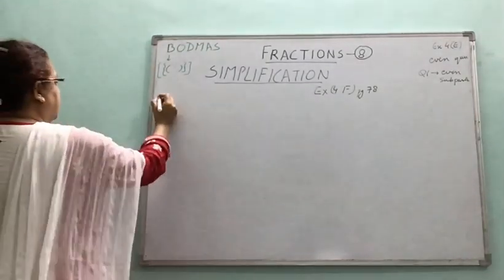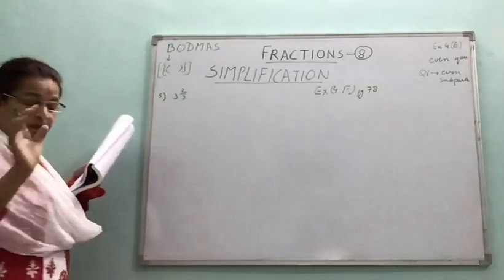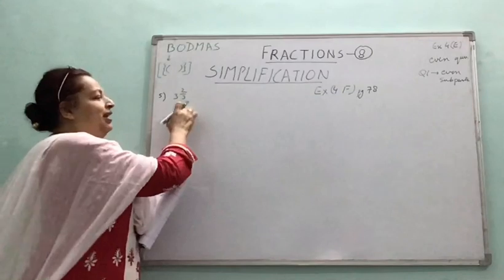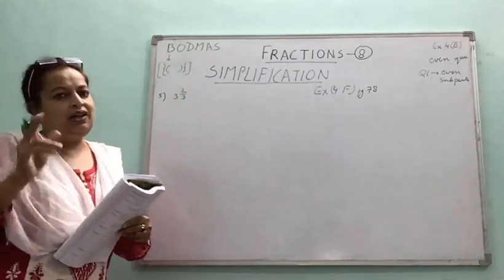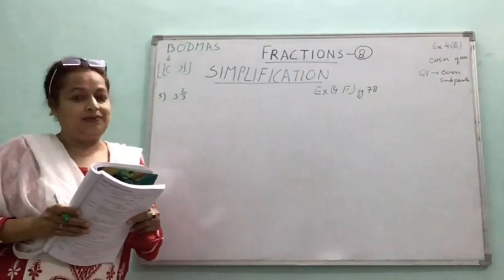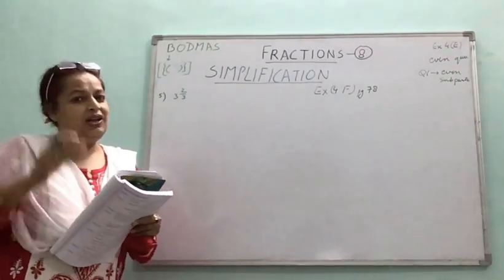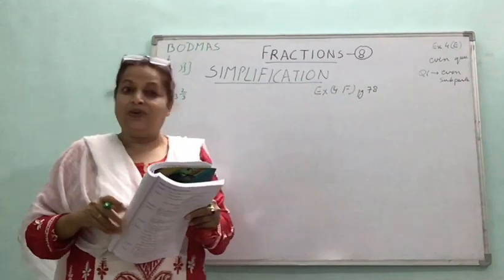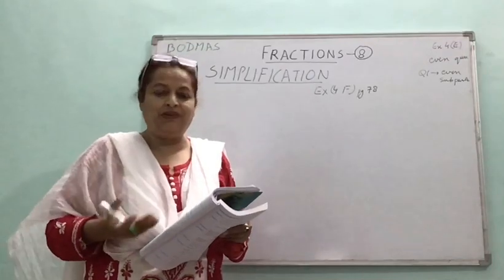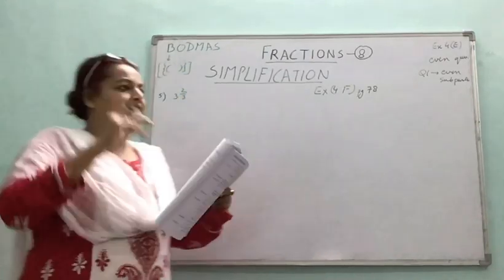Right, so what does it say? It is 3 whole 2 by. Very carefully copy the question in your exam also, in your classwork also. If you make any error anywhere, children, you lose marks. If you copy the wrong question in the examination, then also you lose marks. Maybe your working is correct, but you get maximum half of the marks of the question if you have copied the question wrong, although you did everything correctly. Because you are supposed to be careful while doing your work. You have to learn to be careful. So there should be no hurry. Copy the question carefully, right?